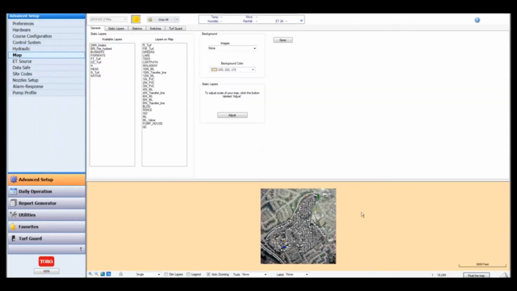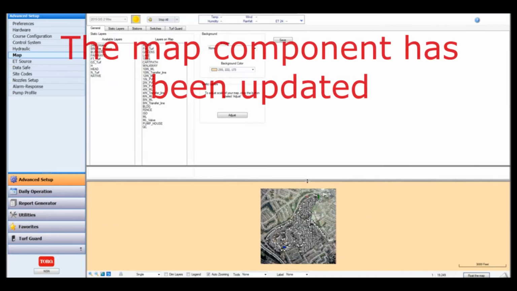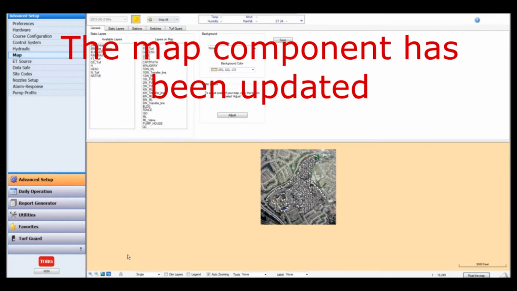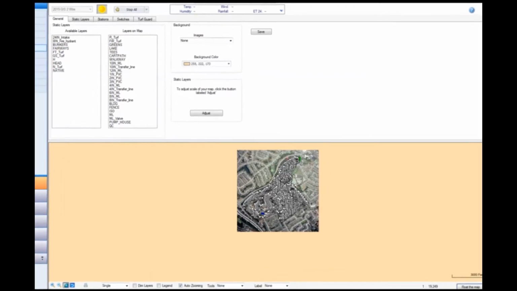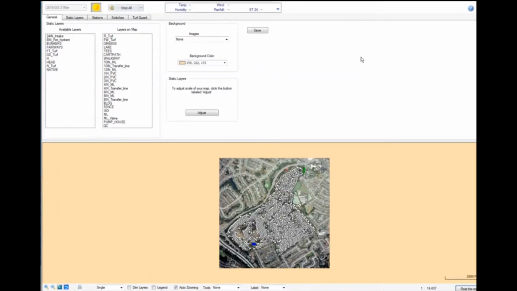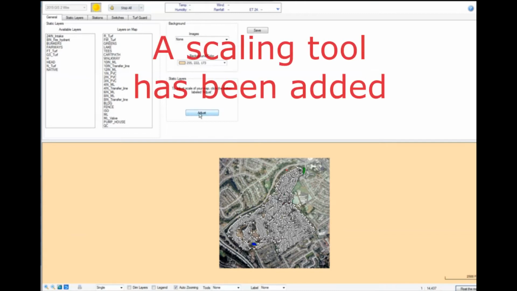Okay, on the map. The map component itself, what is displaying the map, has been updated. And most of the screens that are used to edit the map have also been updated. The General tab here is the list where you would see layers available to be placed on the map, an image, if that's what you're using, the background color, and a